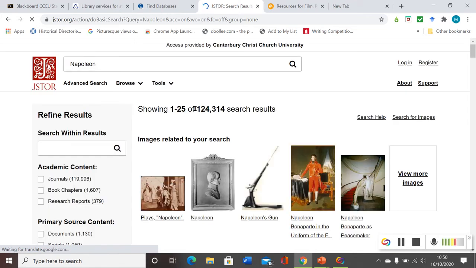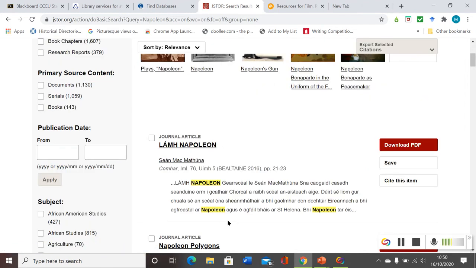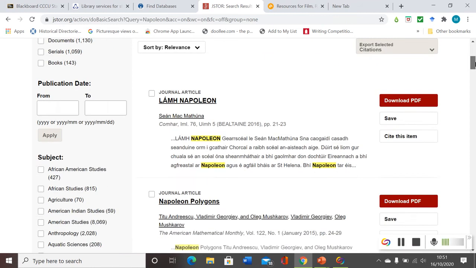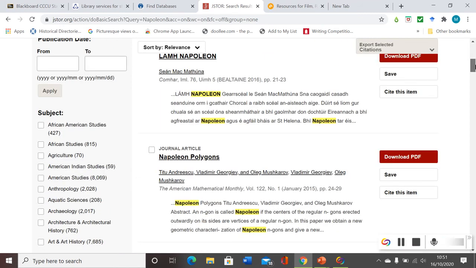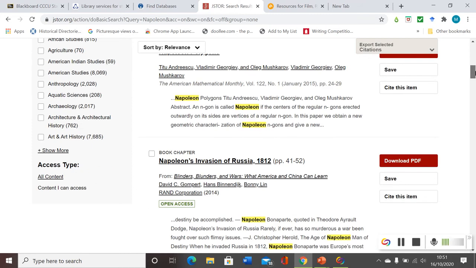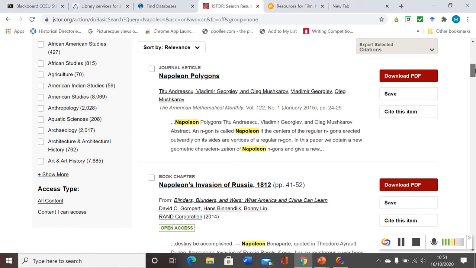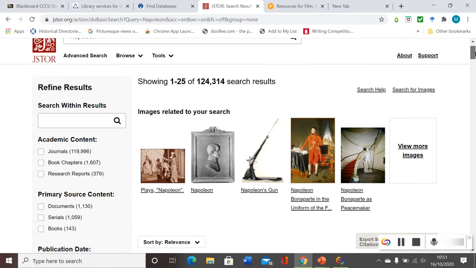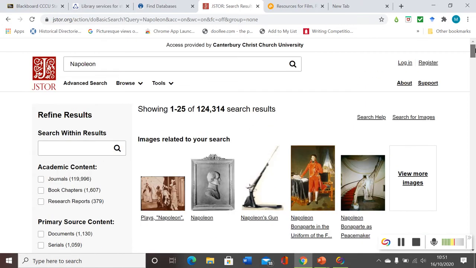Okay, so I could search for Napoleon, and I'm getting tons of results there. And if I scroll down, I'm getting all sorts of things coming up. There's a lot that doesn't seem particularly relevant at the beginning, and that's because I've put Napoleon in, but I haven't actually told JSTOR what I'm studying. So it could be looking at the town of Napoleon, it could be looking at Napoleon Bonaparte,